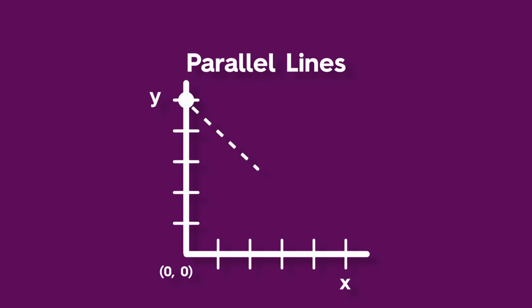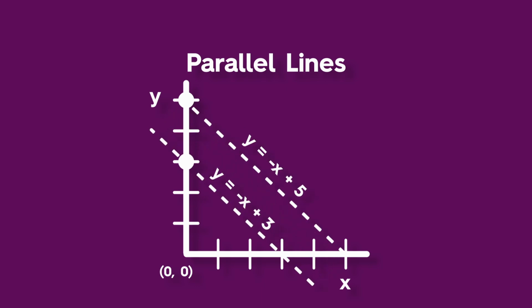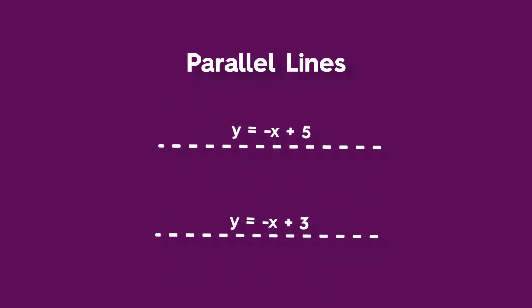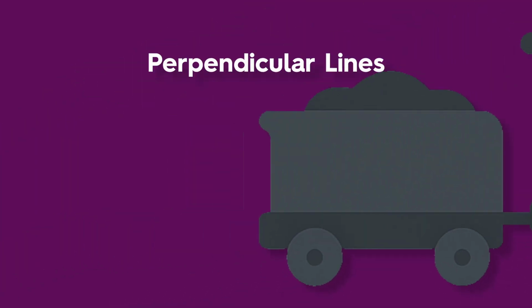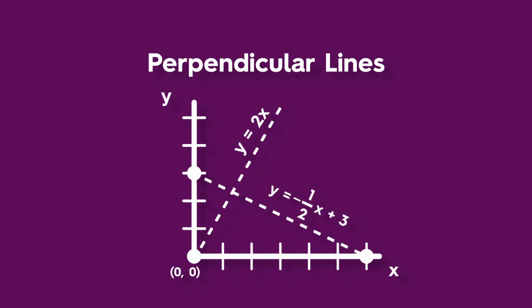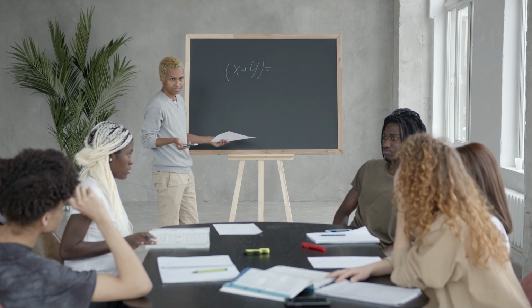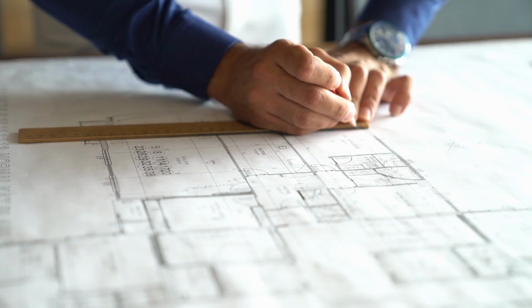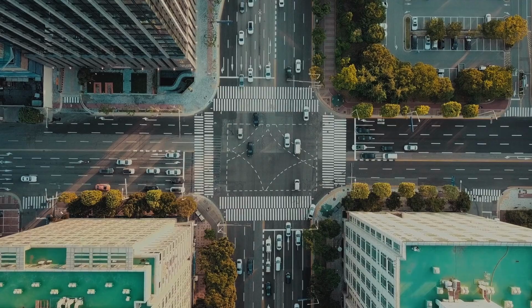Beyond that, slopes reveal even more. Parallel lines, for instance, share the same slope but different intercepts, like train tracks that never meet. Meanwhile, perpendicular lines have slopes that are negative reciprocals. For example, a line with a slope of 2 will cross paths at a right angle with one that has a slope of -1/2. Recognizing this shortcut can save you work in geometry problems and real-world graphs, from street grids